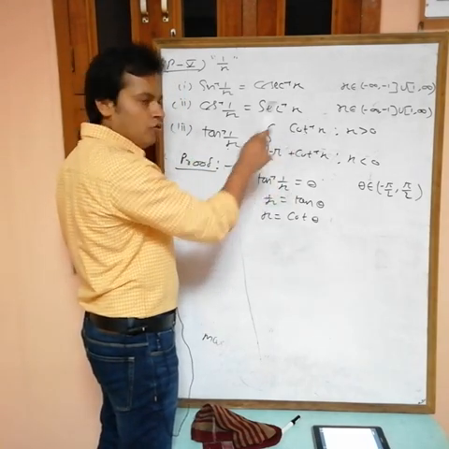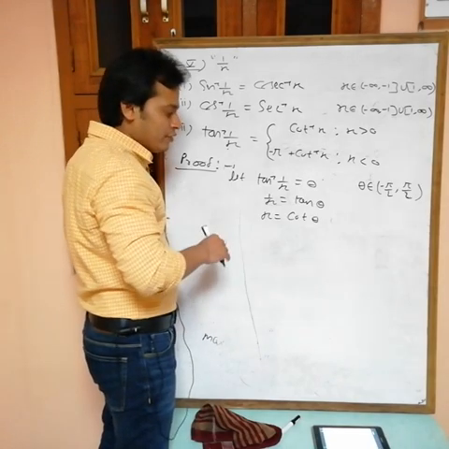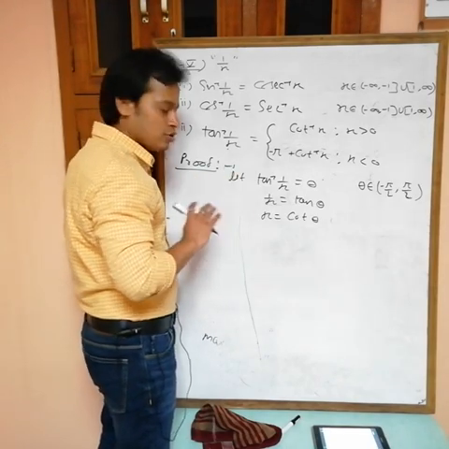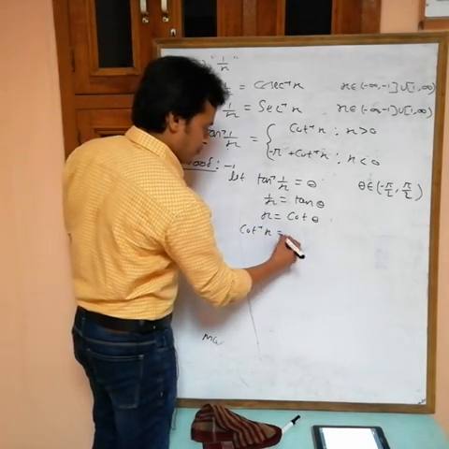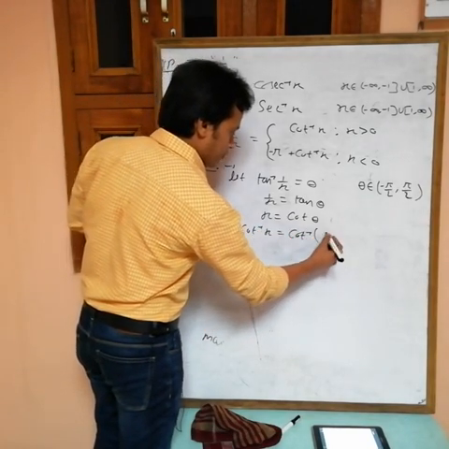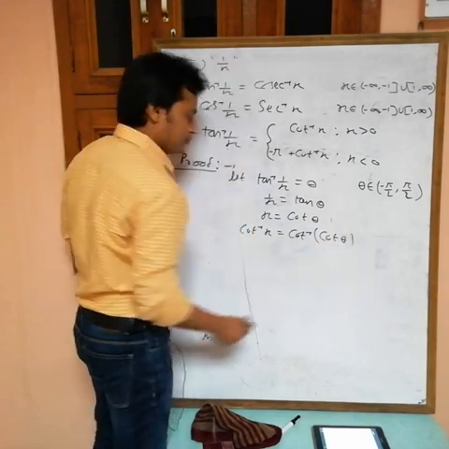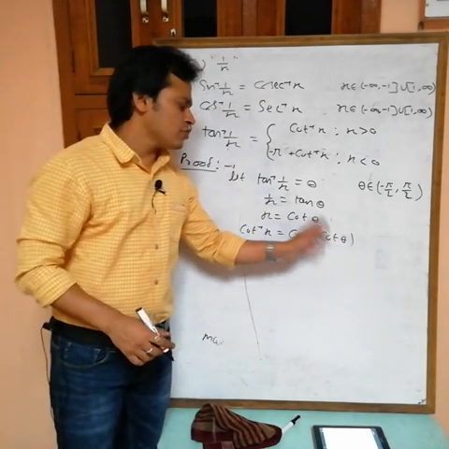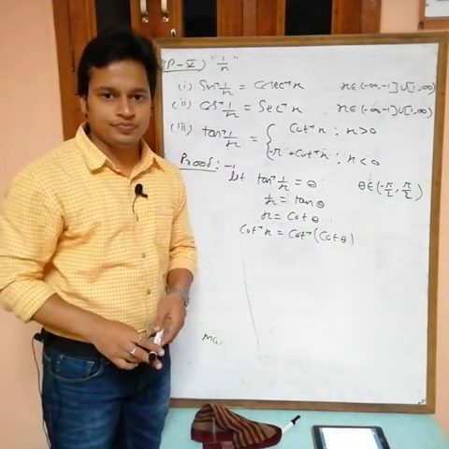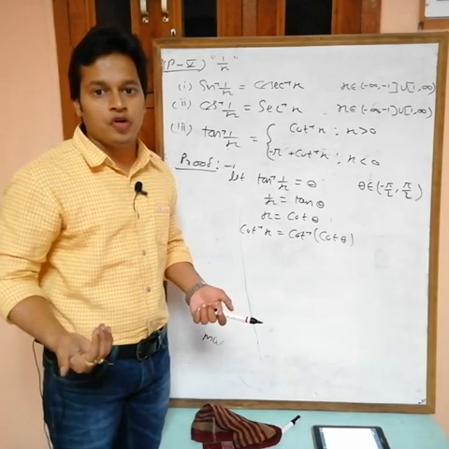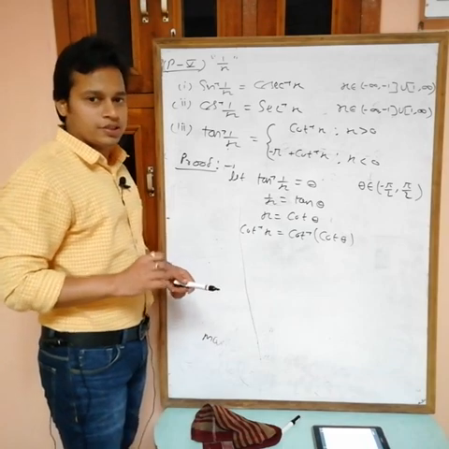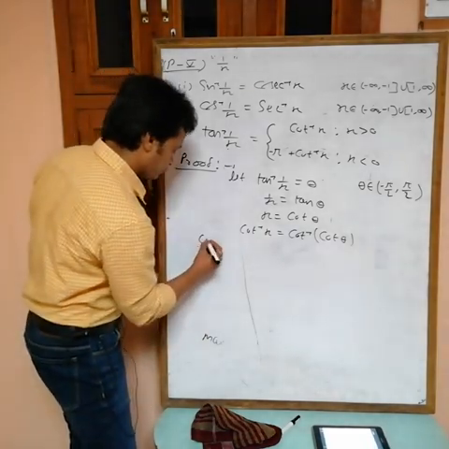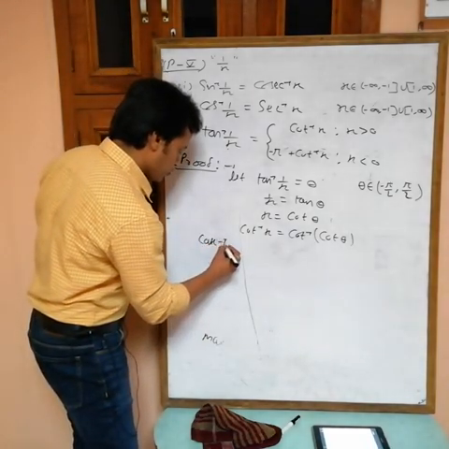Now I have to involve cot inverse. To involve cot inverse I have to take cot inverse on both sides. So cot inverse x equals cot inverse of cot theta. Now cot inverse and cot you can't always cancel out. Obviously we have a formula, and we have to use the formula. So I am taking two cases now. Case 1.